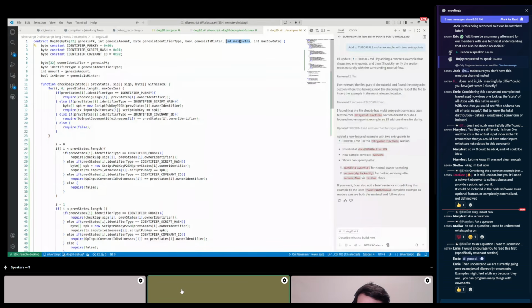Everything on the top line of the contract is constants, definable contract constants. When you compile a contract, you can decide what the value of this parameter is, and then it stays permanent for the rest of the lifetime of the contract.